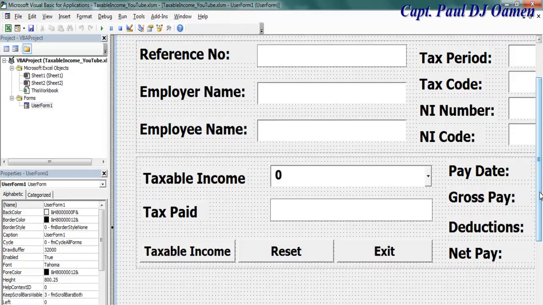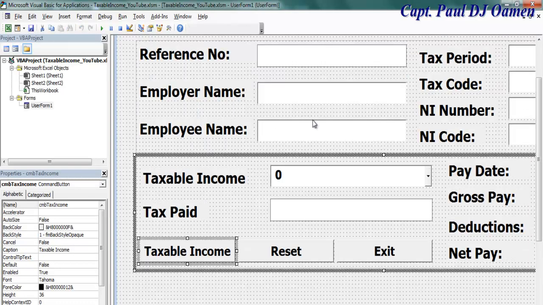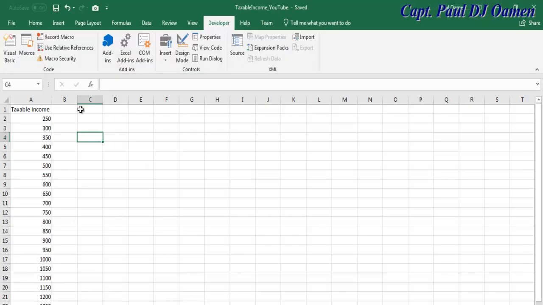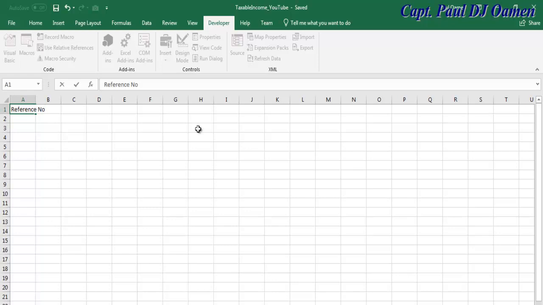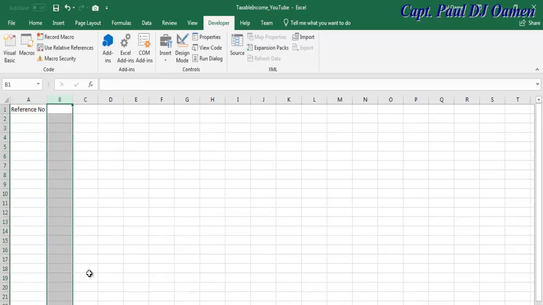Now the next thing I like to do is have all the data in here displayed on my spreadsheets right here. I want all of that information here on sheet number 1. This is sheet number 1. So I'm going to enter the following here. This one will be reference number. That's the very first one, and the next one is